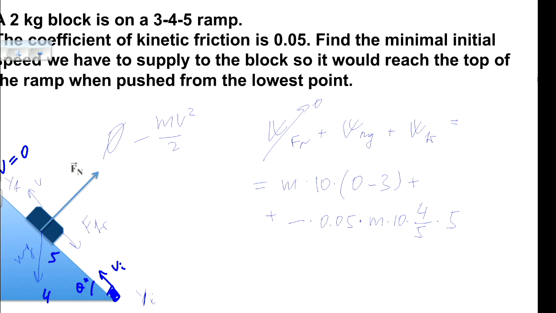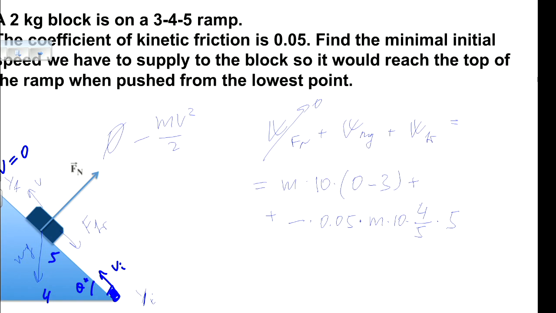Exactly. Absolutely right. There is no difference for work done by friction, but the work done by gravity, of course, is different because it depends on how the object is moving. If it's moving up, gravity does negative work. If it's moving down, gravity does positive work. So you may have thought that we should get exactly the same answer for the speed, but no. It turns out it shouldn't because the gravity switches. But still, we can cancel m.